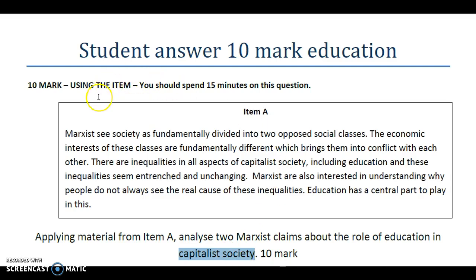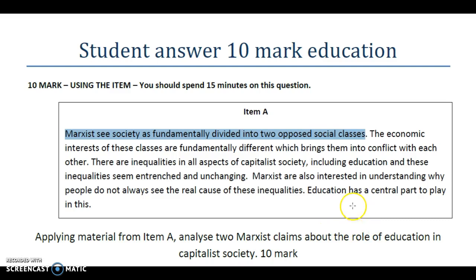Secondly, let's have a look at the item. The item is broken down. It's quite straightforward. What students realised last year on the 2017 paper was that the items were shorter than what they expected. And what they have is usually a little bit of preamble, basically saying what a capitalist society is, two classes. And then you have some hooks in the item which the students are expected to apply their knowledge to.